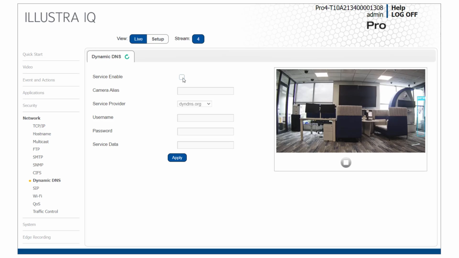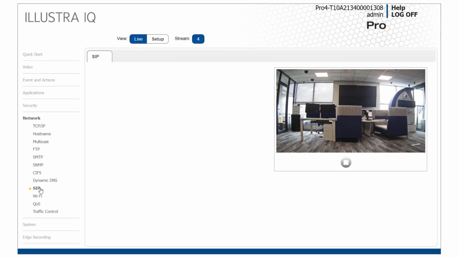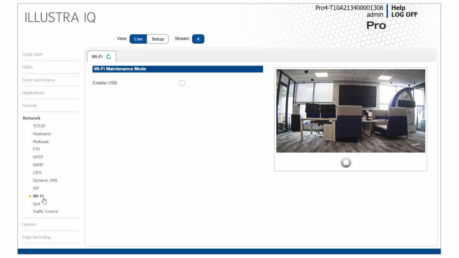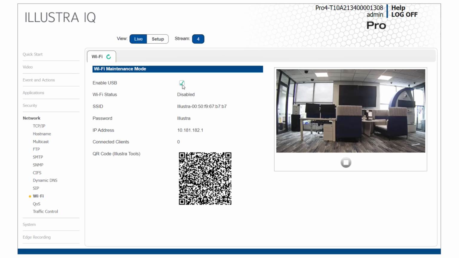Many of the Illustra camera range now also support SIP calls if a server is available on the network and can be configured from the network submenu here. As part of the camera maintenance, you can enable Illustra cameras to access a Wi-Fi USB dongle to utilize the Illustra Tools app, which can then scan the provided QR code to connect to a mobile device for connection, configuration